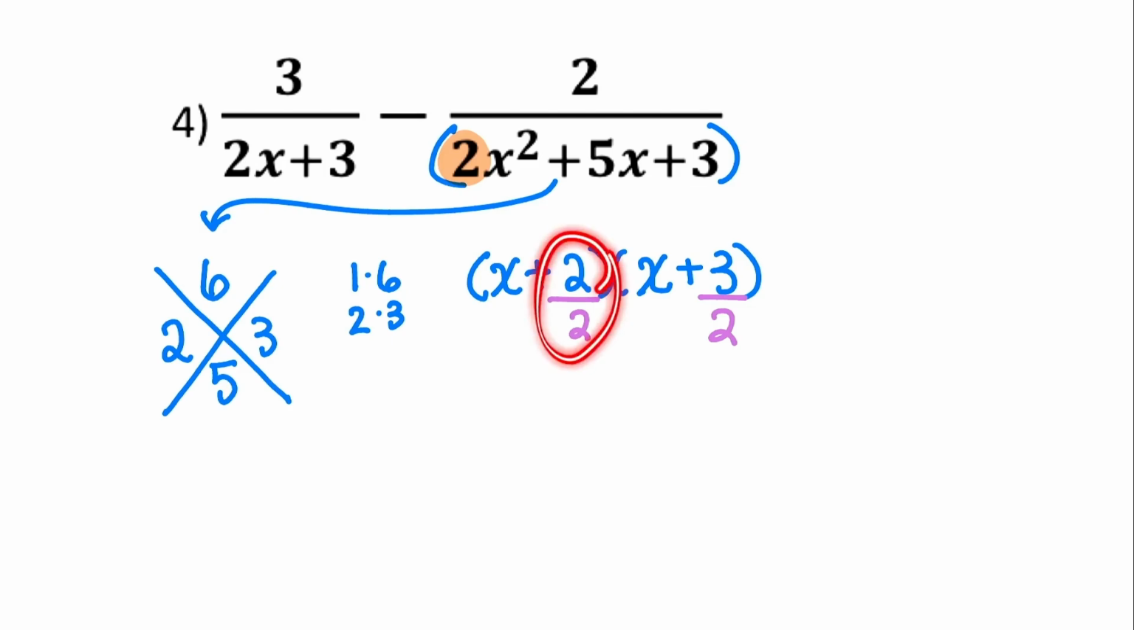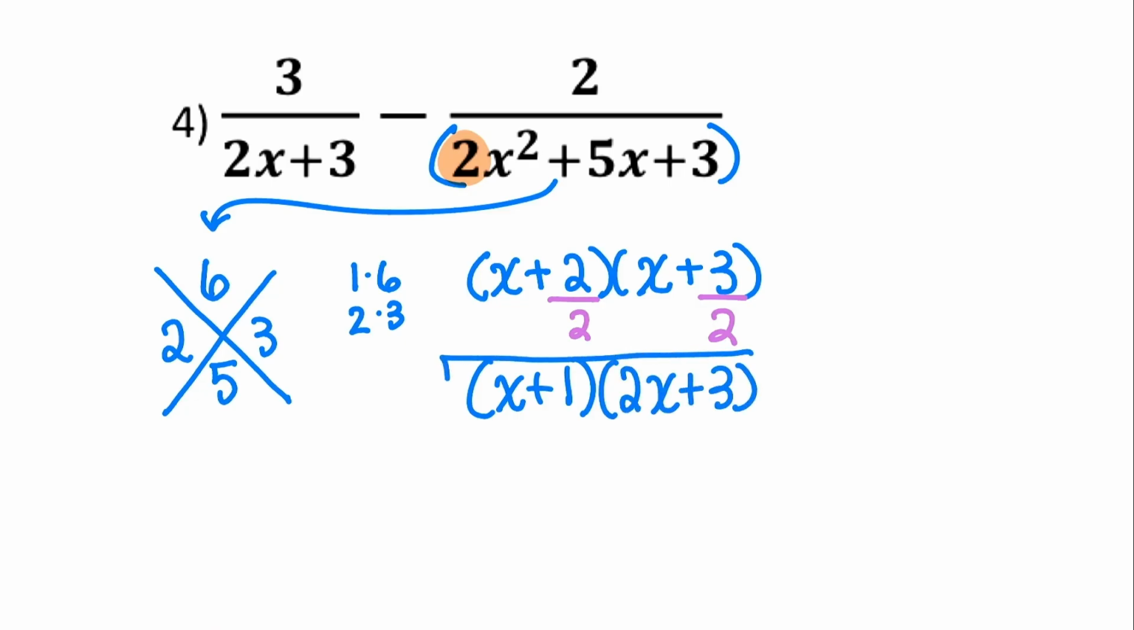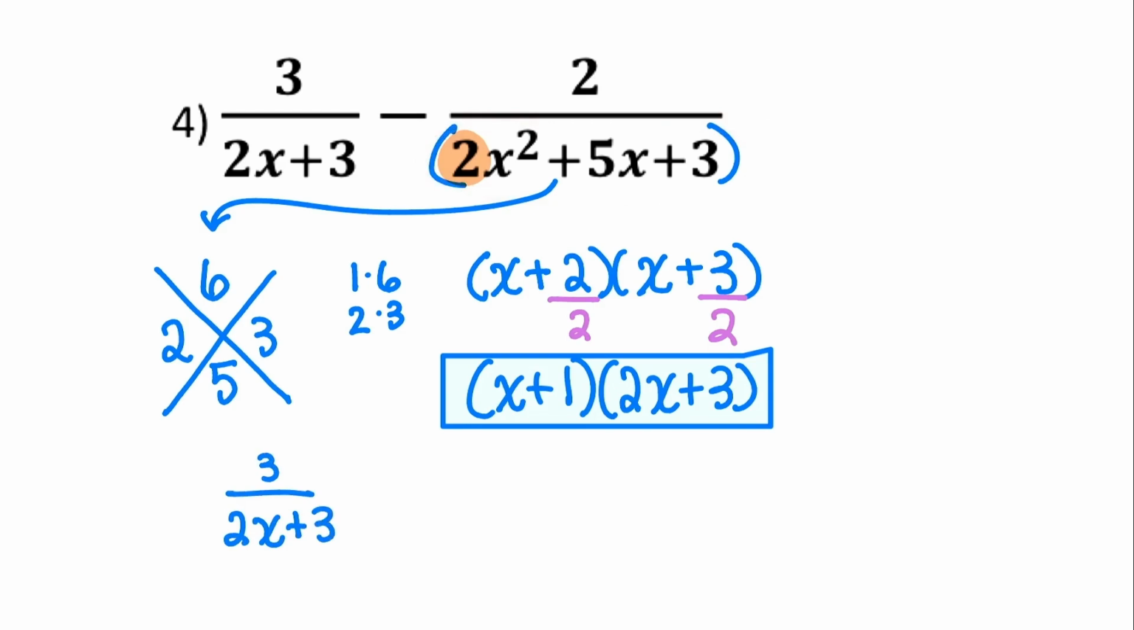So this one, 2 divided by 2, is just 1. So this set of parentheses is going to be x plus 1. Since this set is not an even number, what we can do is rewrite this 2 in front of our x. So it's going to look like this. So now this is the new denominator for our second fraction over here. Let's rewrite this. We're going to have 3 over 2x plus 3 minus 2 over x plus 1 times 2x